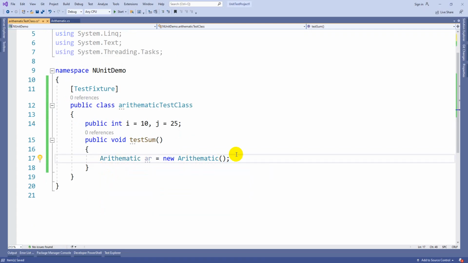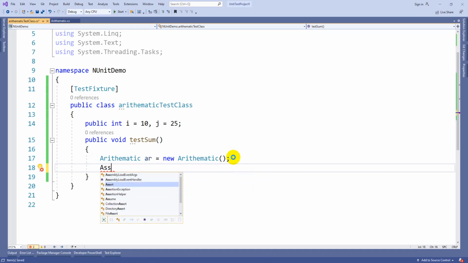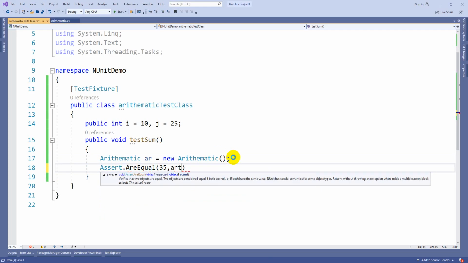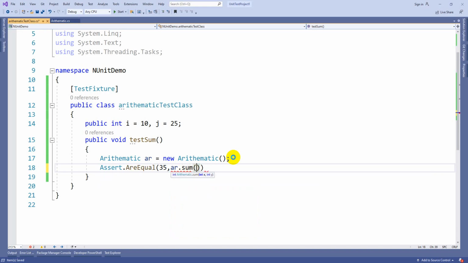Now, as before, Assert.AreEqual. Here you can pass 35, and here you write ar.Sum of i comma j. That's it. Code wise there is no change at all, guys.